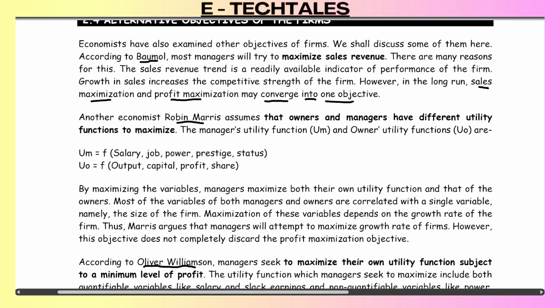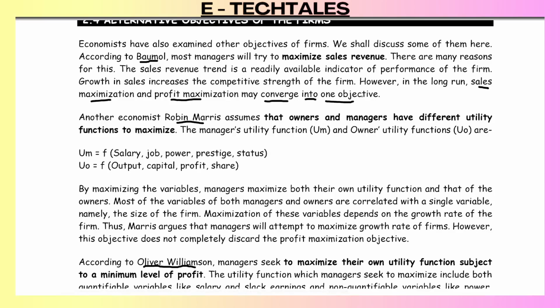So there comes another economist, Robin Marris. He offers another perspective, assuming that the owners and managers have different utility functions to maximize. Now, what is a utility function? Utility functions mean the power of utilization of certain objectives to maximize the profit. Now, what are the utilities? For example, it can be a salary, a job, prestige, power, status,